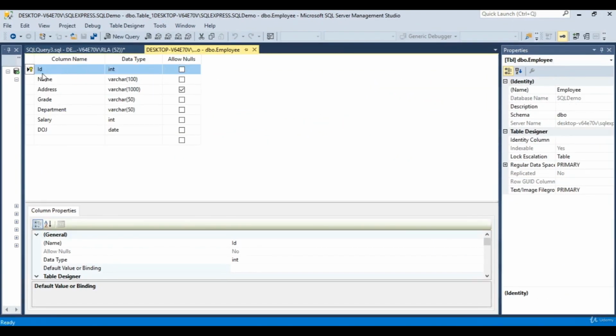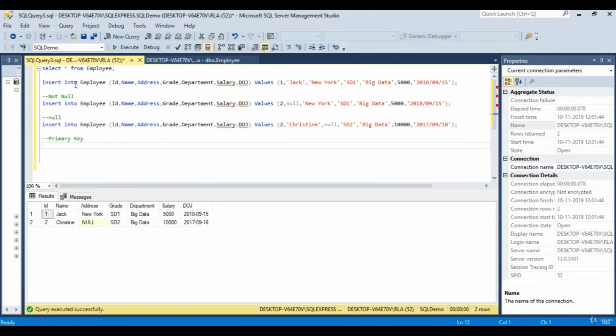So that means ID cannot have duplicate values. So let us try to insert the first SQL statement with the values. One already exists, so I will say Jill and this I can say Texas